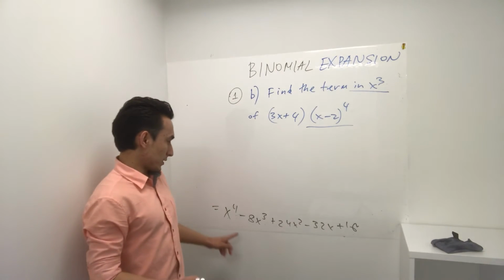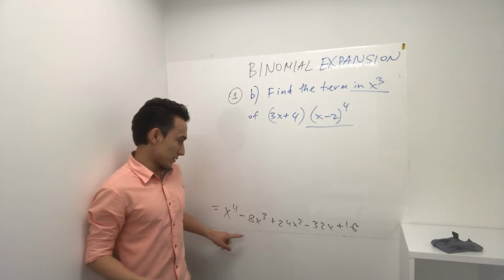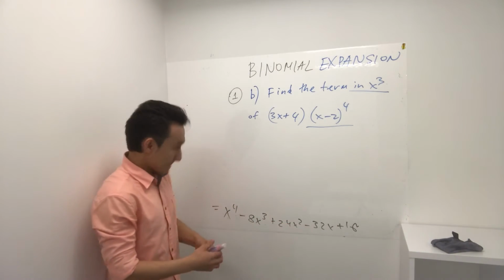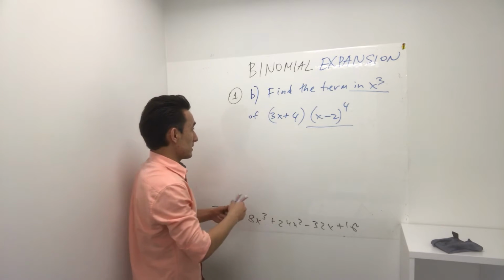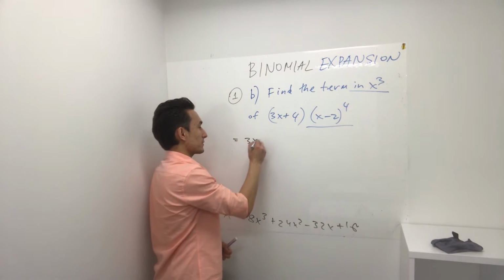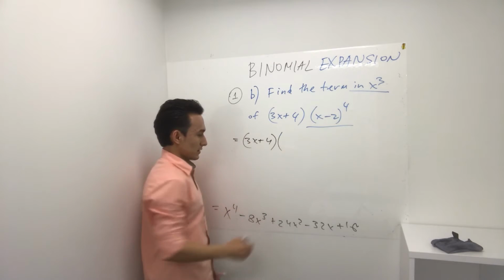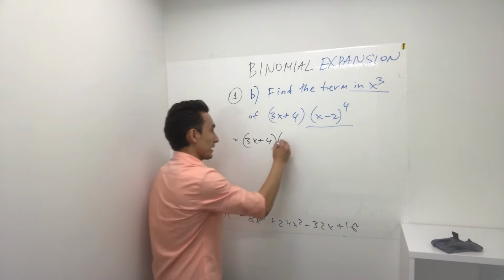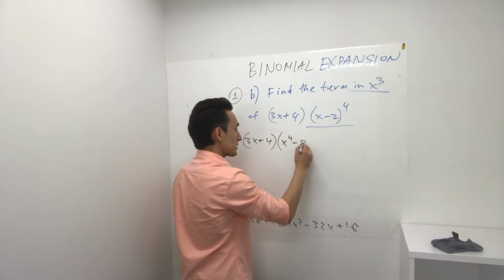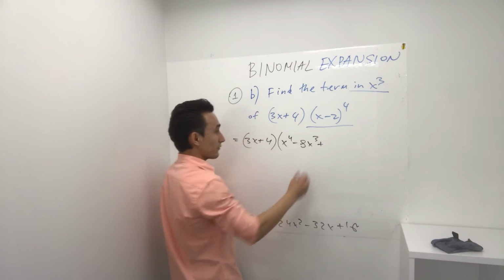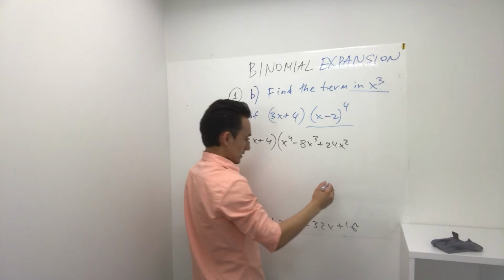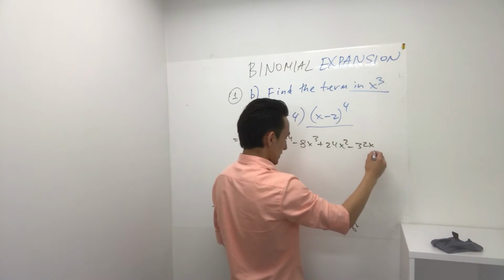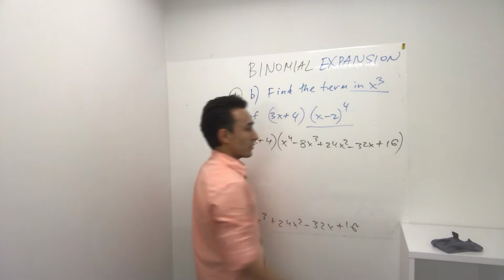Well, part A, we know that (x - 2) to the power of 4 is equal to this expression, okay? And so we'll put this like this. This is equal to (3x + 4), and then times, we'll copy down everything right here instead of (x - 2) to the power of 4, okay? x^4 and then minus 8x cubed plus 24x squared minus 32x and plus 16. Okay, once we do this,